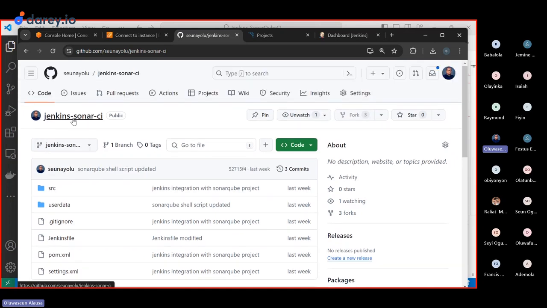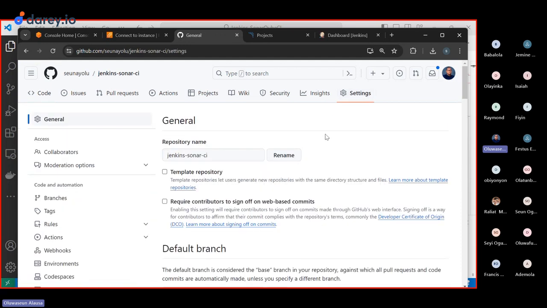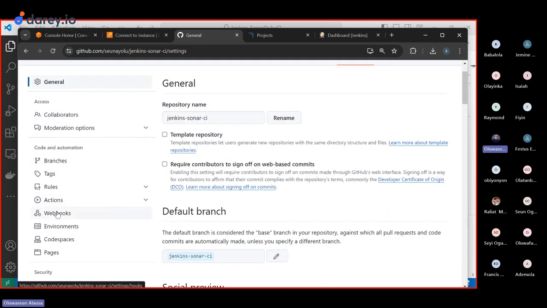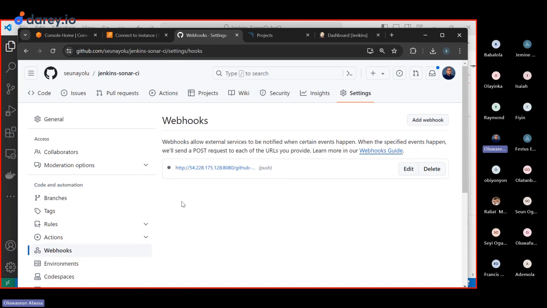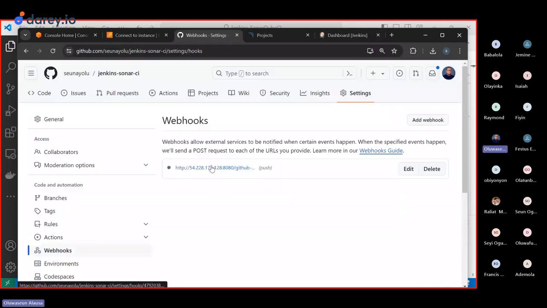Here is our repository that we are working with. We already provided a few explanations last class, so I'm not going to do those explanations again, because we dealt with that in the last class. For example, the issue of webhook, you already know what that is, so I'm not going to dwell too much on that. So we need to change this IP address because the IP address of our Jenkins server has changed. I need to go here and grab the new IP. Grab the new IP, come to your webhook,